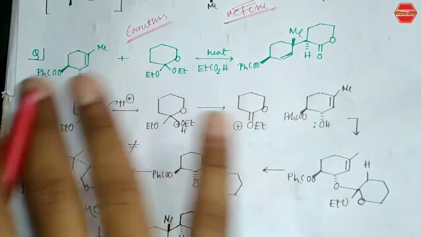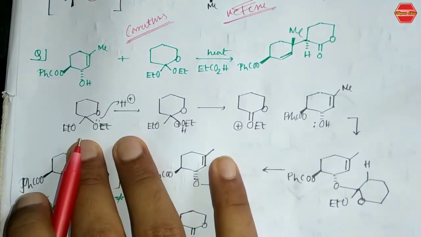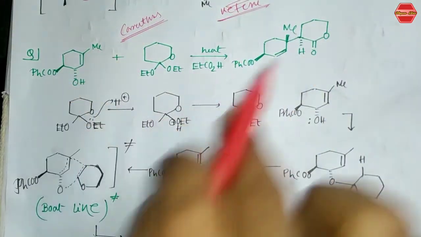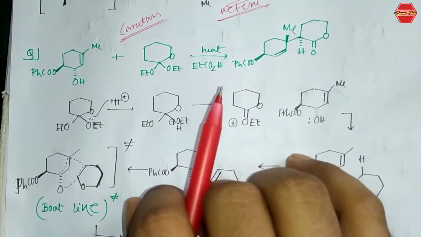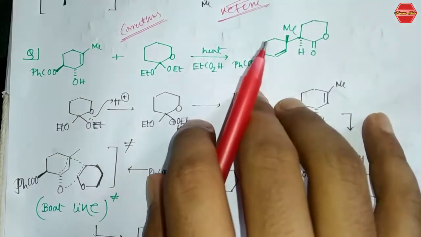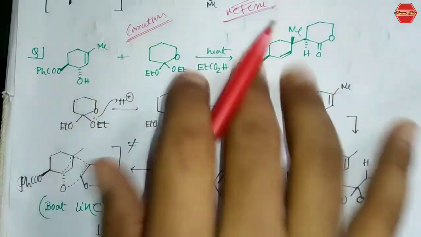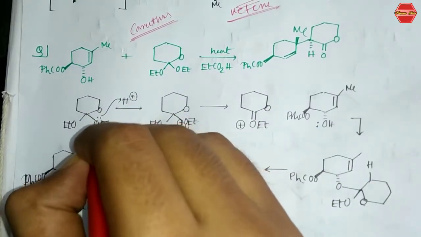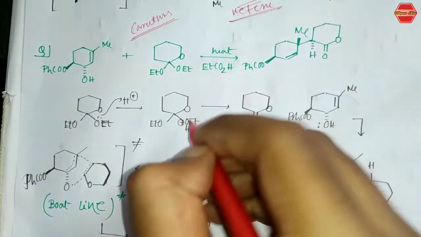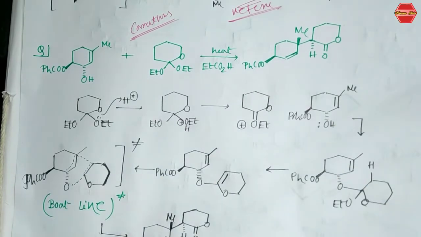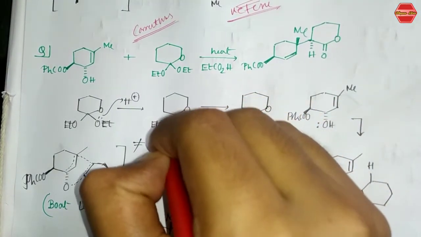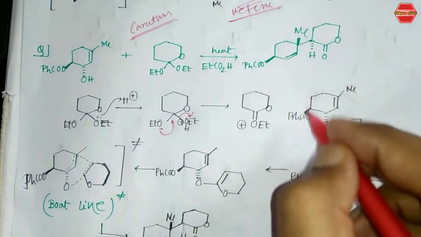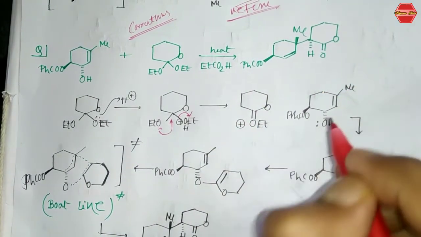Then you can find that this generally follows the Johnson-Claisen rearrangement, and the important thing is that this reaction does not follow the chair-like transition state, it will follow the boat-like transition state. That is why this reaction sequence is important. And how does this reaction proceed? See that this oxygen lone pair takes a proton and forms EtOH, and this oxygen pushes its electrons and is removed from the system. That is how you can get this product. After that you have been given this allylic alcohol, and this OH is on the back side.